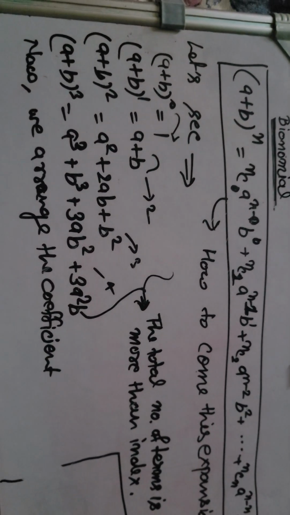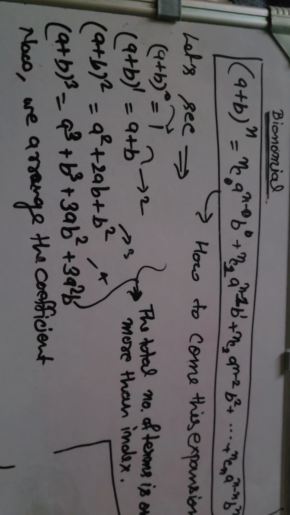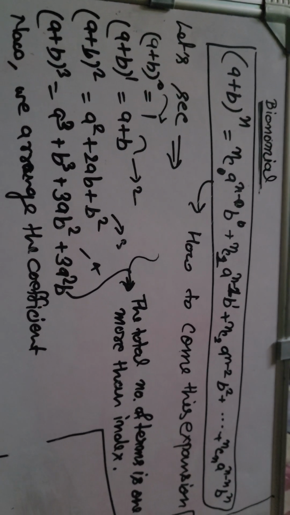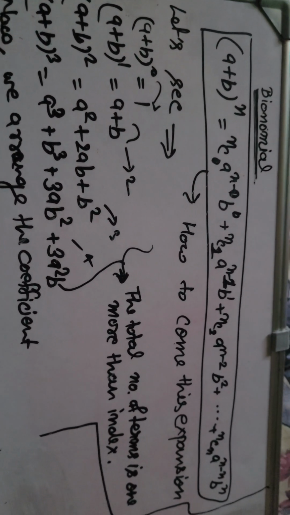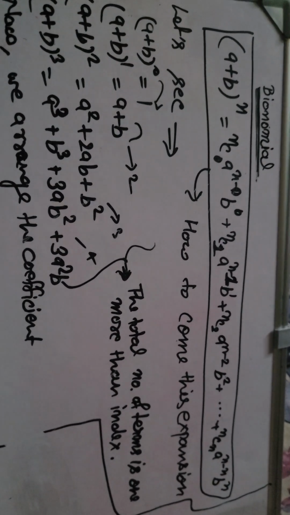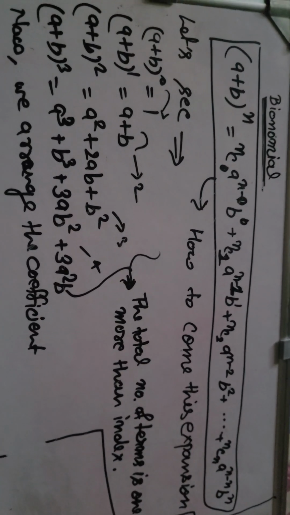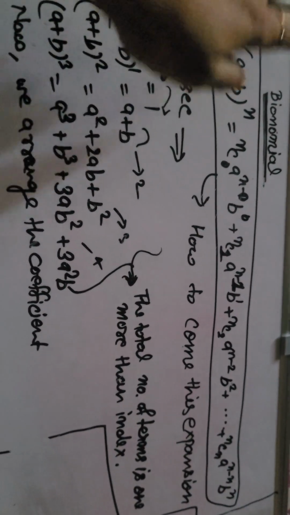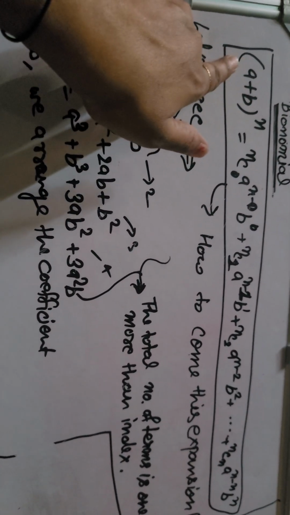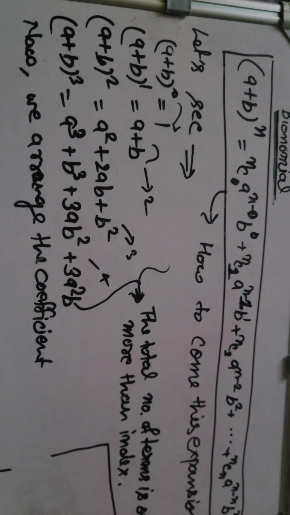a higher expansion, we use the binomial theorem, (a + b) to the power n, where n is like 5, 6, 7, 8, 9 and so on. So the binomial expansion of (a + b) to the power n is equal to nC0 a to the power